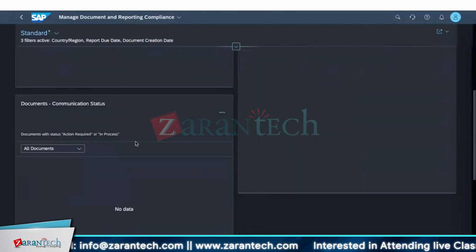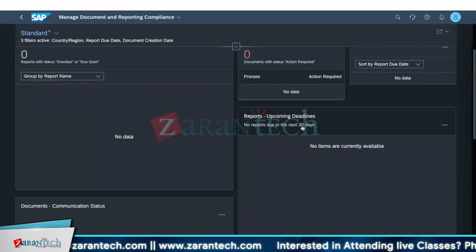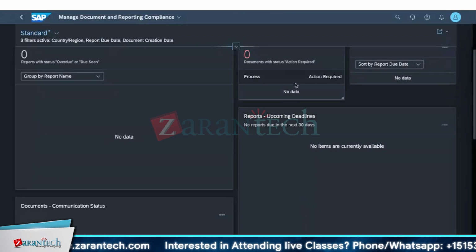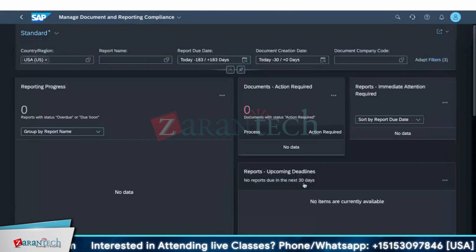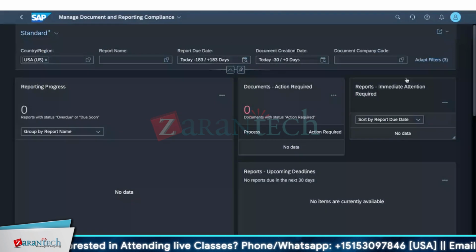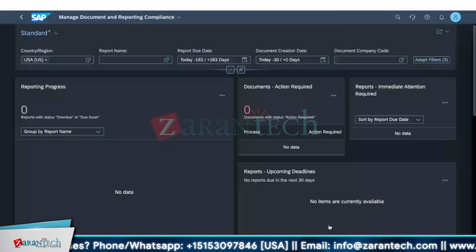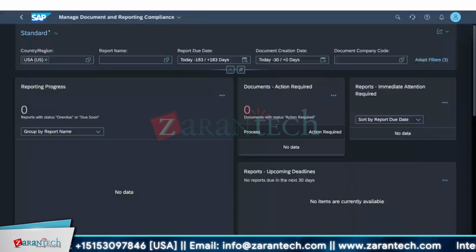Means how you can add communication status for that, what the report deadlines are, who can watch the report, what the report due dates are, how many actions you can take care of, who will be the action taker, who will be the action submitter, all these things you can add. There are many filters on that, where you can evaluate these reporting things. Whenever we manage this document and reporting compliance, basically we have to understand one thing, our financial